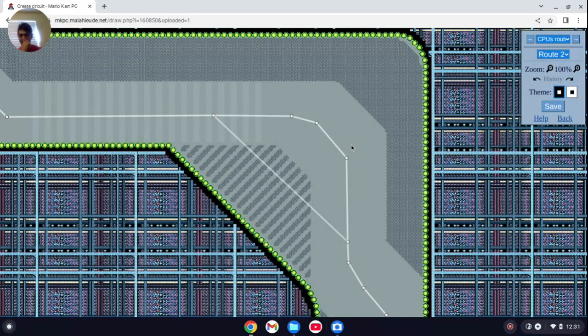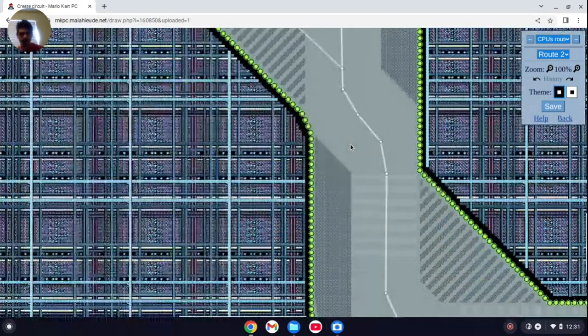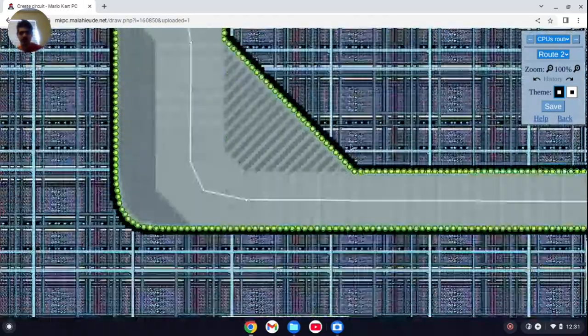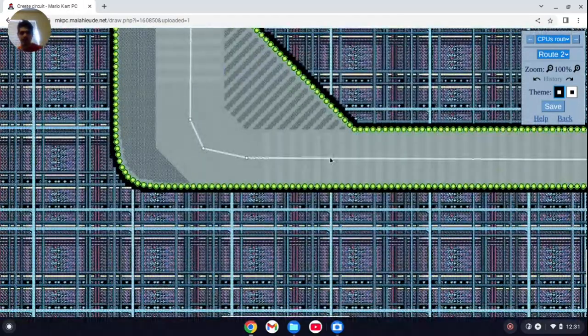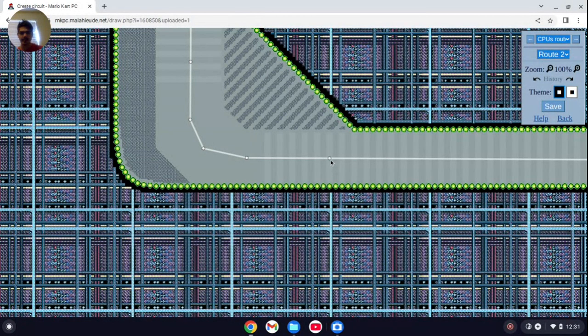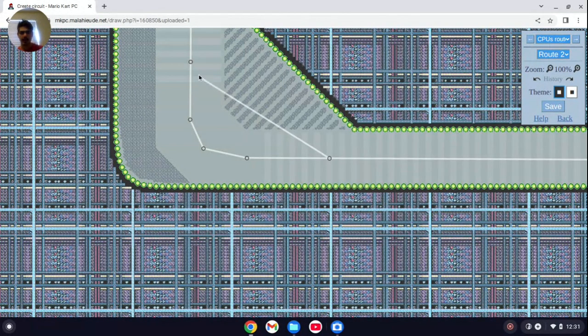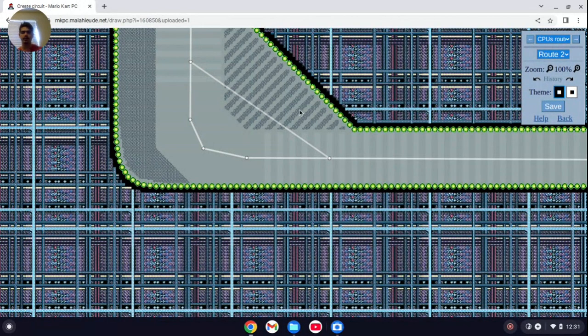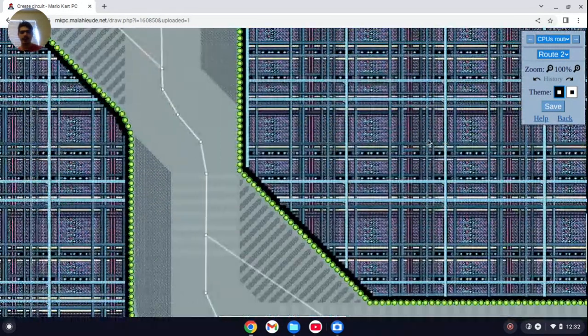Now you want to be careful about the shortcut route, because where you start the shortcut route is where the bot is gonna take it. Now I did mess up the first one, so I'm gonna have to fix that. I'm not 100% sure how that works, but I think a shortcut route is just the way it goes off-road, so I really don't know. This might take the same route. But now that we got our shortcut routes, we're done with the routes, and we're gonna move on to the